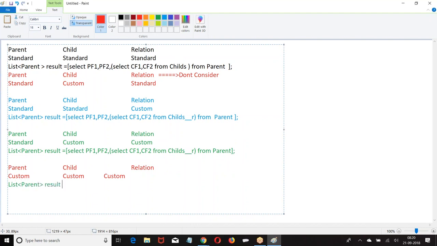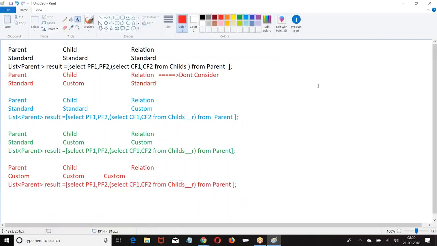Parent is equal to... select child field 1. These are the possible combinations while you are writing a parent-child SQL query.